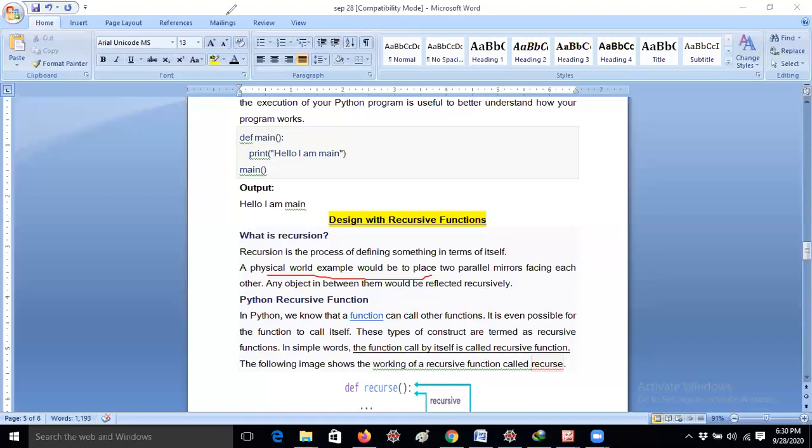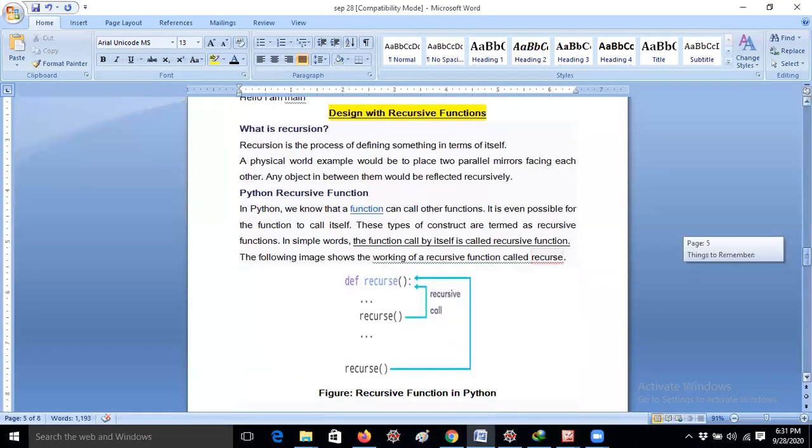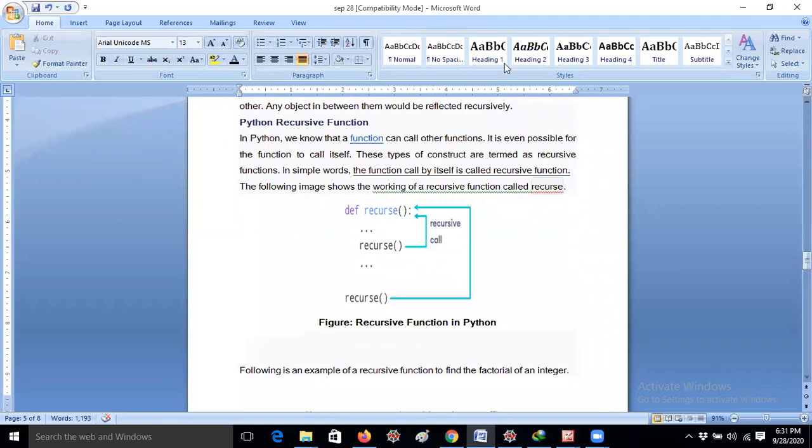That means a function that calls itself is nothing but recursion. Why is it called like that? For example, I will open this diagram of a recursive function. Say you are calling one function, def recurse. Whenever this function is called, in its body you again call recurse.